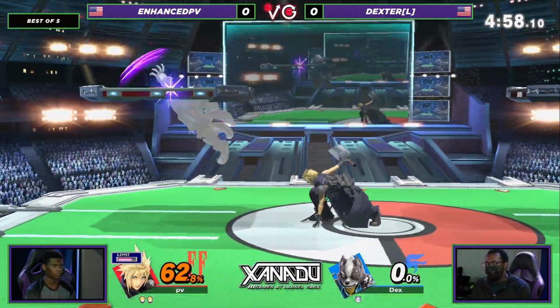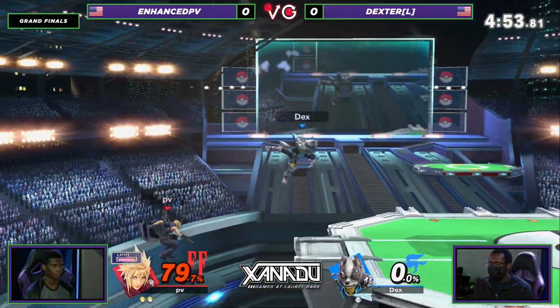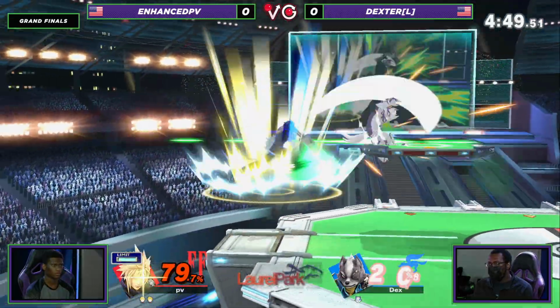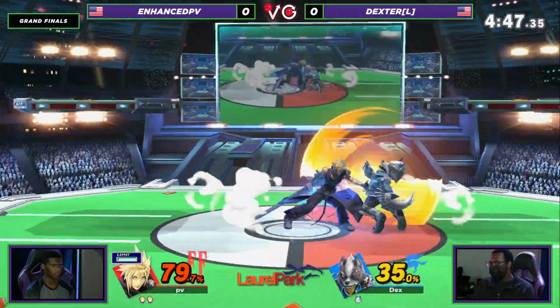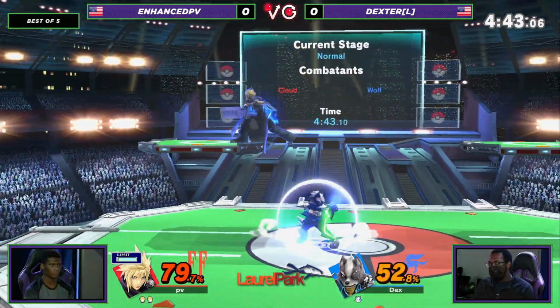Perhaps hoping for a shield poke, but instead meets an up smash for his troubles. But right now, chucking it back in the corner with the back air, looking to trap things with the nair as well, but Enhanced PV still swinging for the fences right now. Good old chop and block, double back air it up, triple it up, and maybe a limit just right around